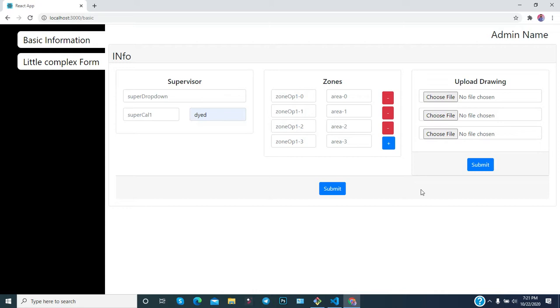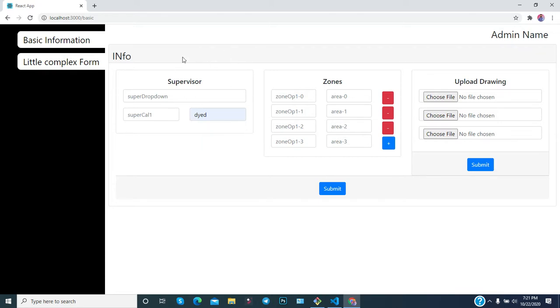You need to break the code into small pieces, and you can reuse that particular component whenever it is required. It doesn't matter if you are utilizing it one time or two times, but it is a best practice to break the code into small pieces. So this is very important.